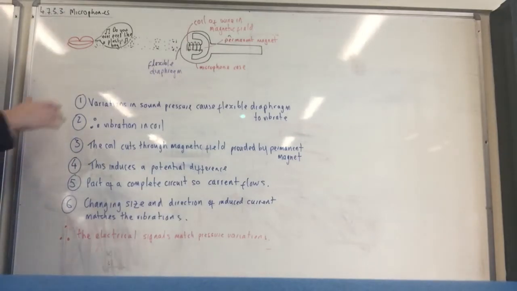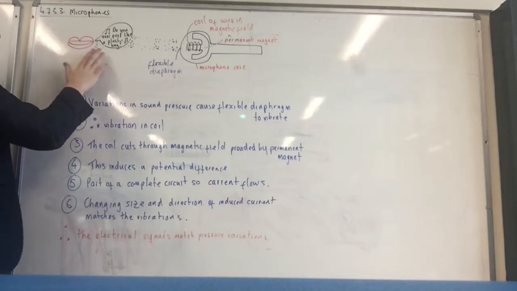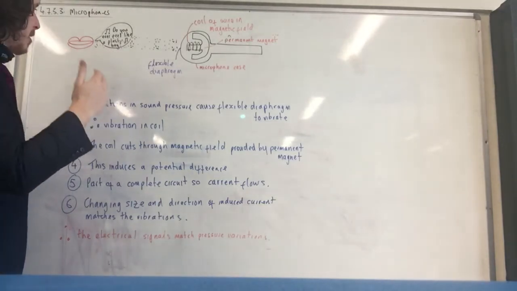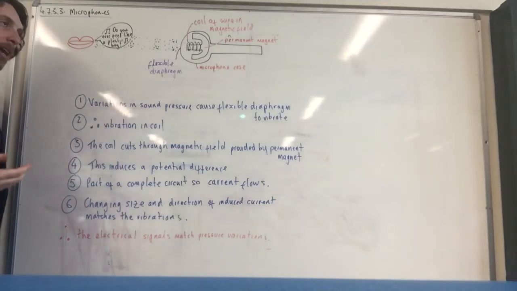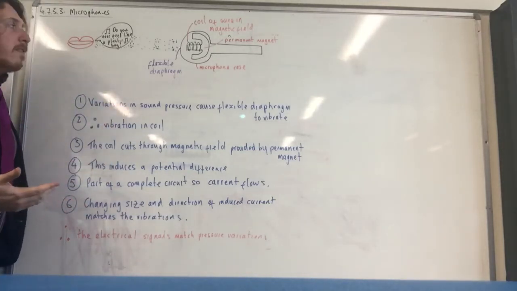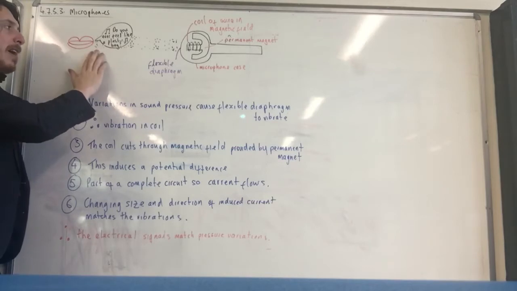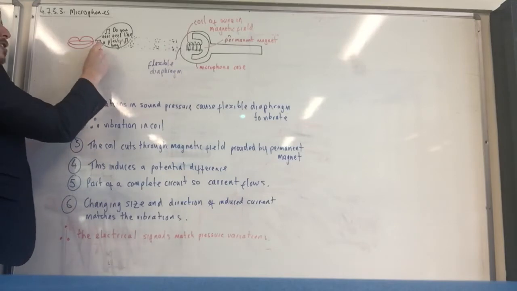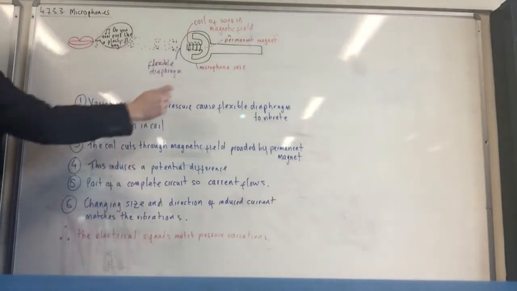So let's say you've got somebody singing your favourite Katy Perry song, which of course is not Firework. Okay, so here they are singing about plastic bags, and when they are singing, what happens is that generates a longitudinal wave, which is represented by the wave energy being parallel to the direction of energy transfer. So what you've got is these compressions and rarefactions moving through the air, and then they impact against